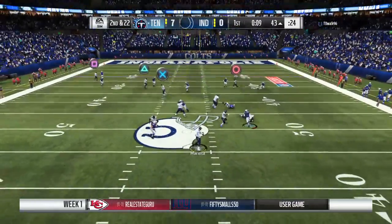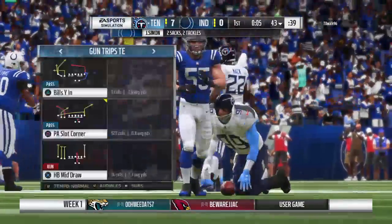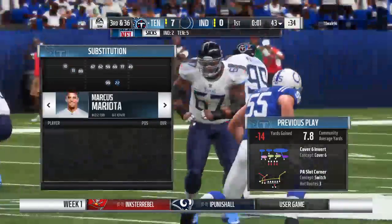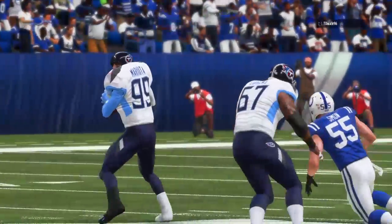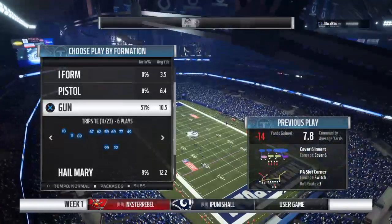Second down, Mariota. Under pressure again, and down he goes again. John Simon in there to get him for his 2nd sack of the night. So when you have good field position to start a drive and you give up back-to-back sacks, that could be the...